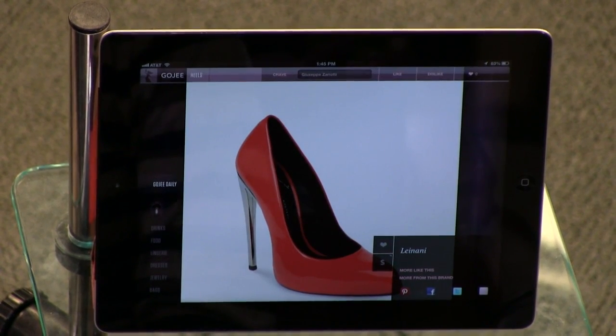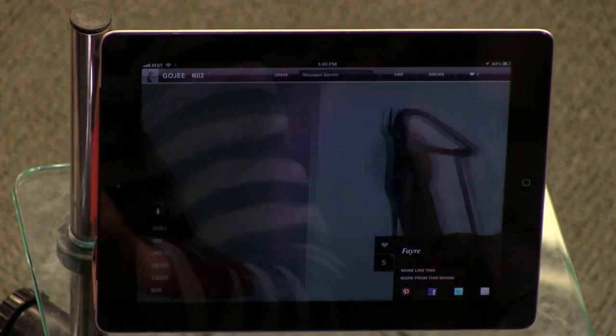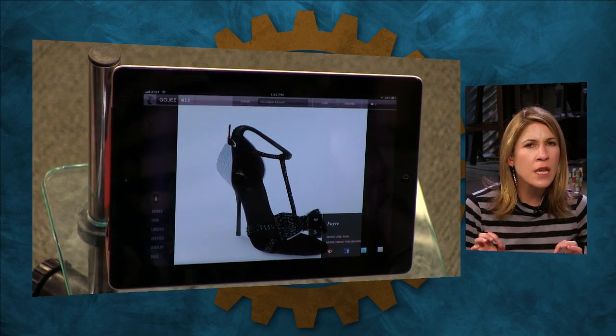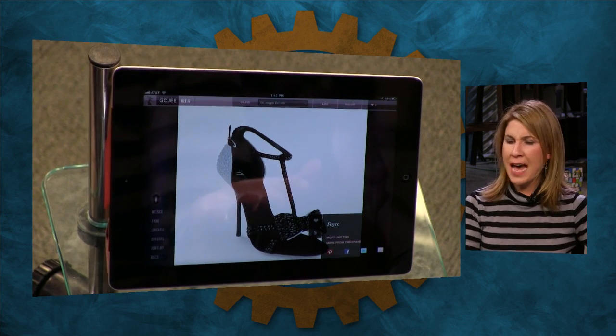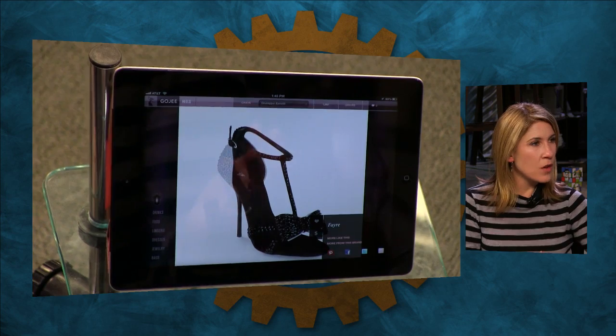So it's more than just looking at food. Yeah, but it's very woman stuff, right? I mean, if people say Pinterest is for women, Goji is really for women. Right. Or for the stereotype of women. And I don't have any problem with that. I just think it's odd. I've got this app in my cooking app folder. Not anymore. Well, it's still cooking, but it's also this other sort of